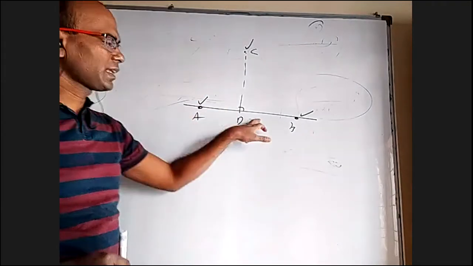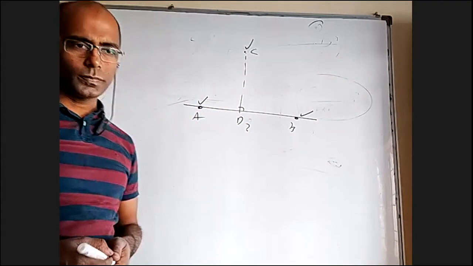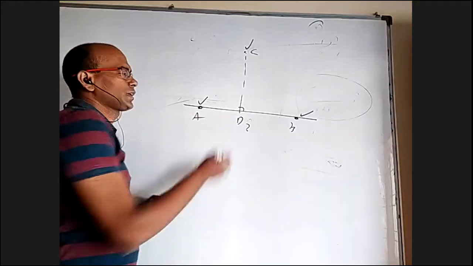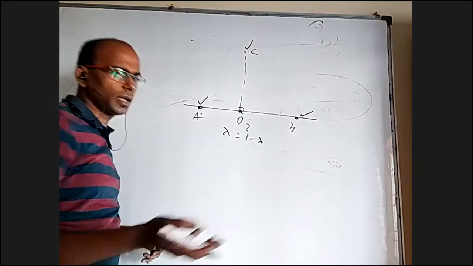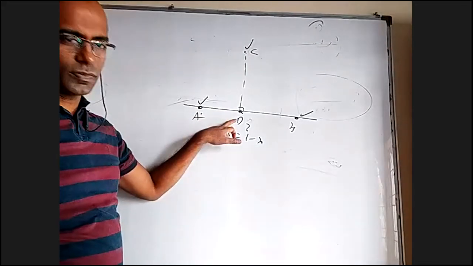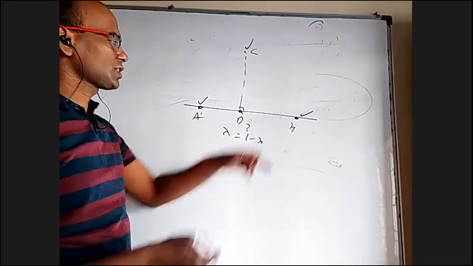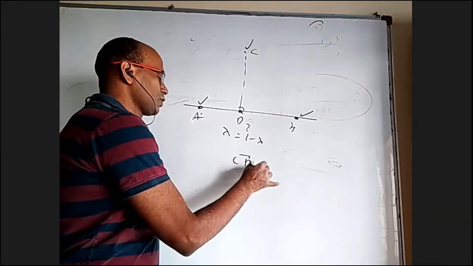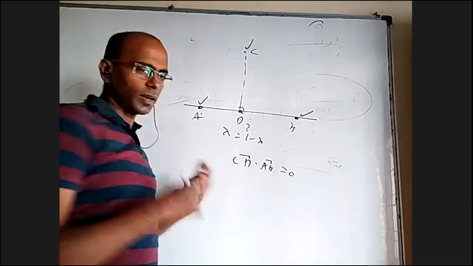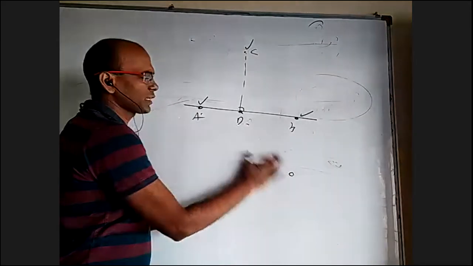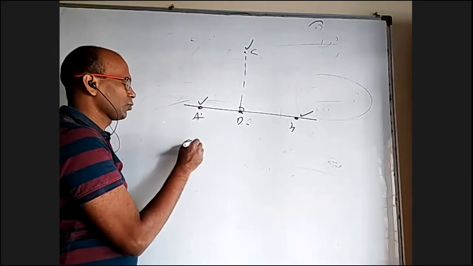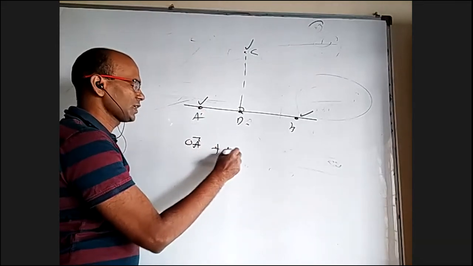Of course, you can find this line equation and repeat the same process that we have done. Or you can use the section formula here. D divides AB in some ratio lambda is to 1 minus lambda or lambda is to 1. Find D in terms of lambda now. And this dot this equal to 0. CD dot AB equal to 0. From that you find lambda, put it back. You want to do by projections also, you can, nothing wrong, because it will be OA bar plus AD bar. That is our OD bar.